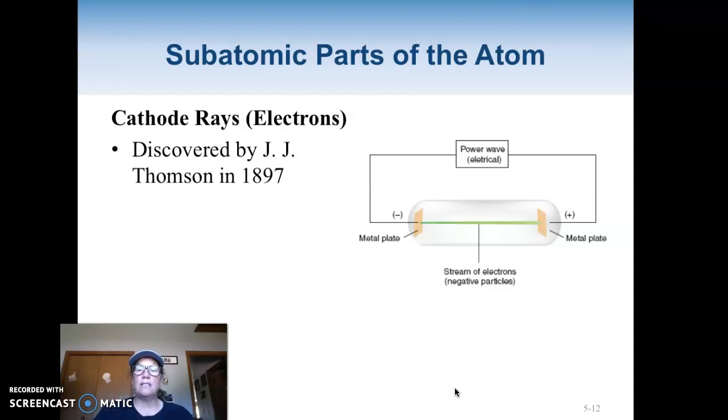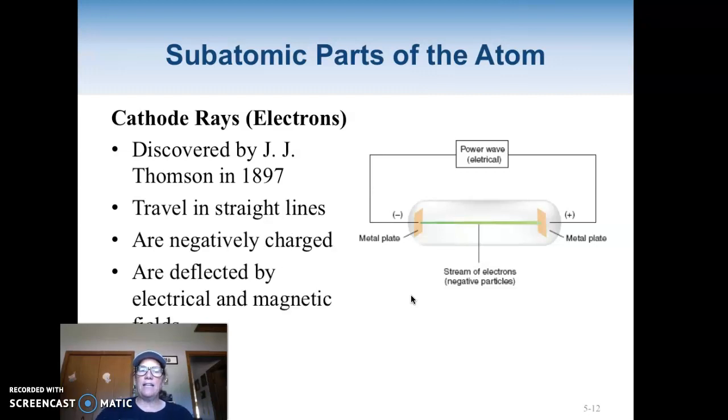But what they found out was that he could move this flow of electrons. It was attracted, positive and negative. He could move the stream. So he figured, you know what? Because I can interfere with it, because normally it travels in straight lines. But if I take electrical fields or magnetic fields, I can actually move this beam. So there must be some different charges involved in there. Okay? And what he gets credit for is discovering the electron, because he'd take a positive and it would be attracted to it. So we knew there was a negative charge here. So there had to be something going on with this flow, and he decided that they were, he called them electrons, and that they were negative, which he was right, because again, if he took a positive